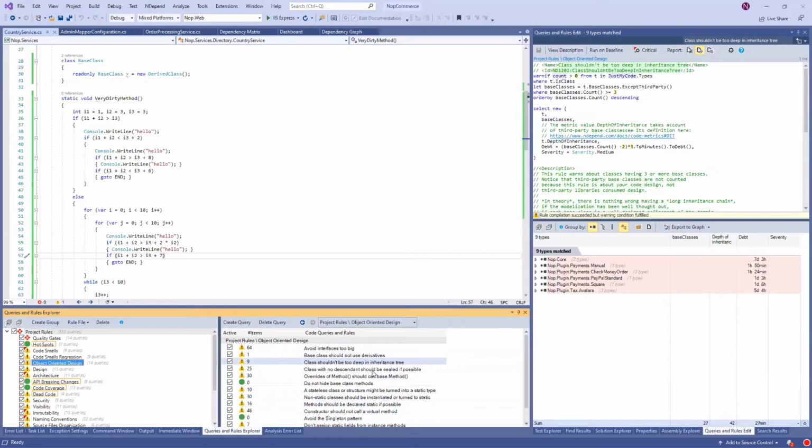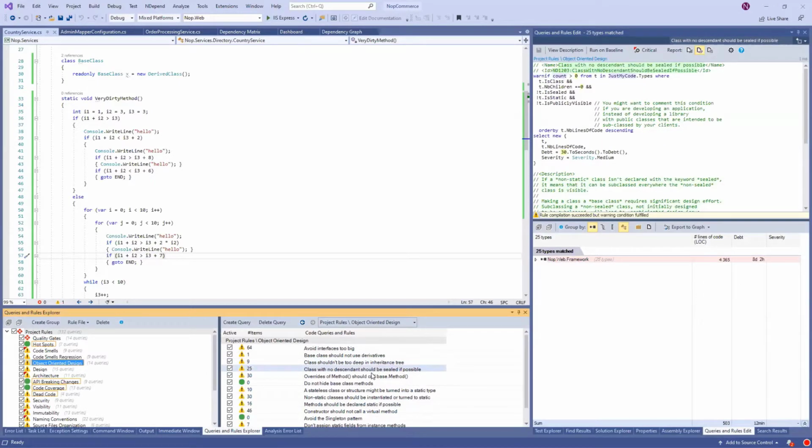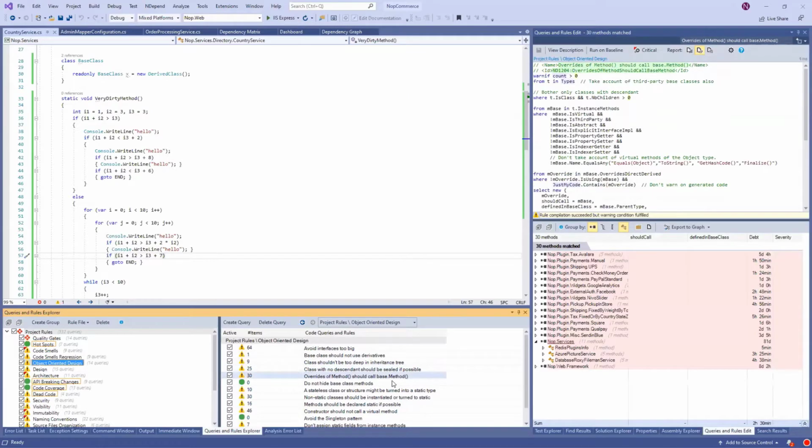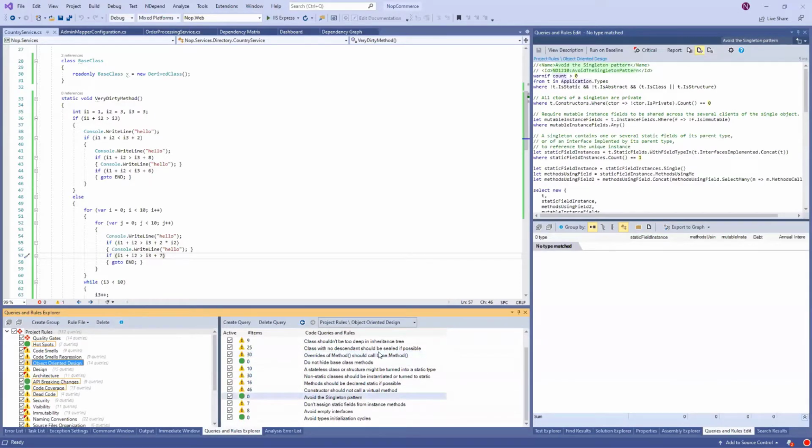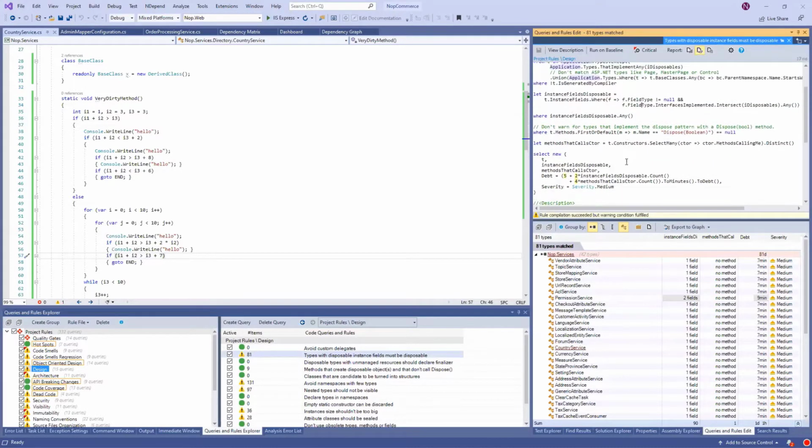You should seal your classes. I'm the kind of guy that likes to get the classes sealed. Overrides of methods should not call base method. Avoid the singleton pattern. Etc. etc. You have a lot of OO design rules. So you have some other typical design rules. Types with disposable instance fields must be disposable. So quite a complex rule.